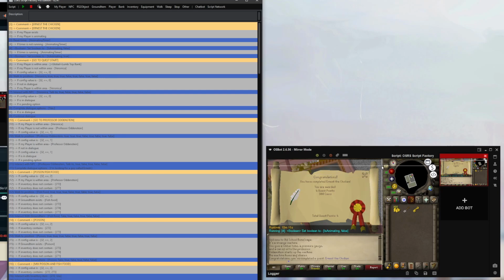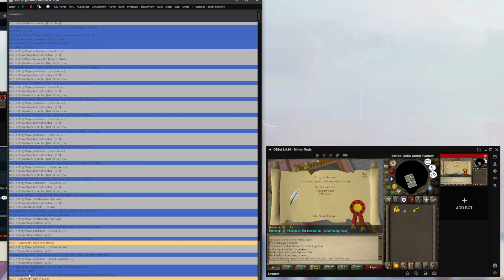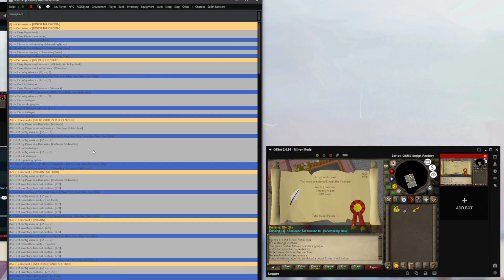All right, so as you can see, we finished the quest. The turn-in part wasn't too spectacular. It was just interacting with him. There was no special dialogues. It was just continue. What I'm going to do, though, is because there's no special dialogues, I'm just going to move this up to here. So I'm going to add a